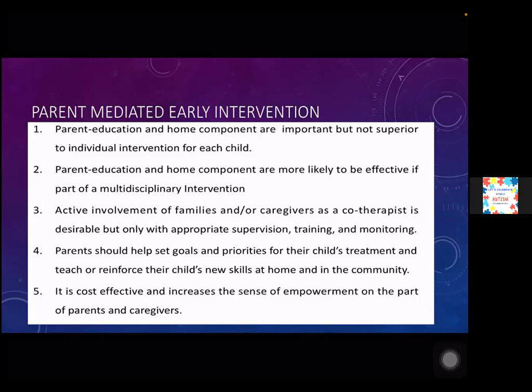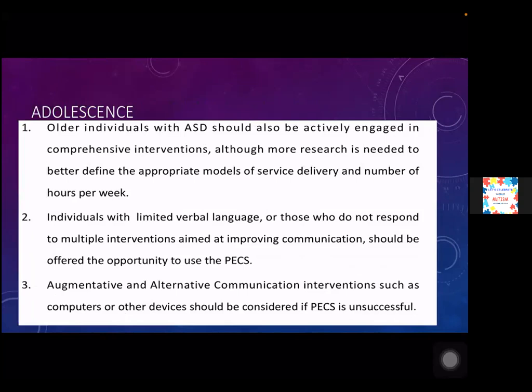So what I stress is that apart from the therapist, the parents have a very important role in managing the therapy sessions and in managing a child with autism. Now, there are many parents in this group who have kids of 12 years, 14 years of age, who have asked me many questions.